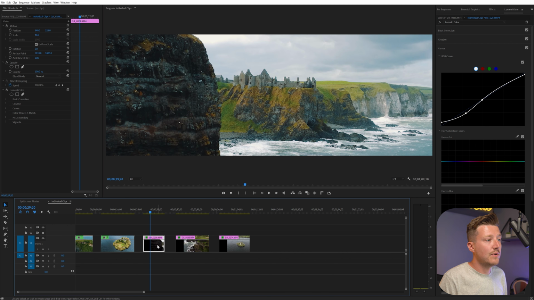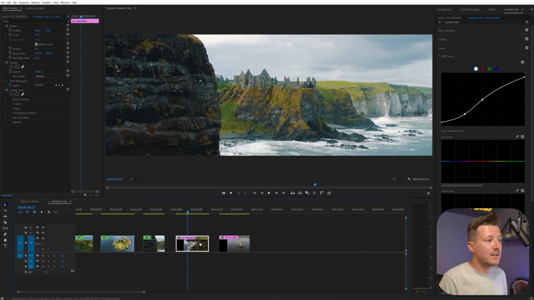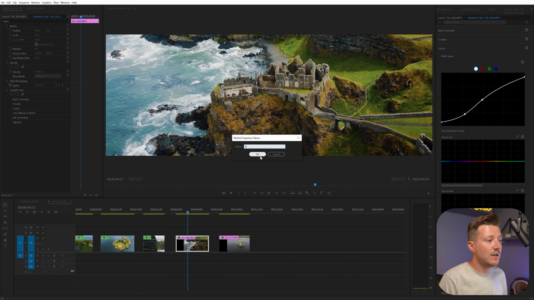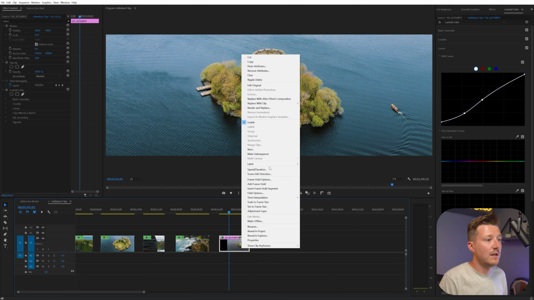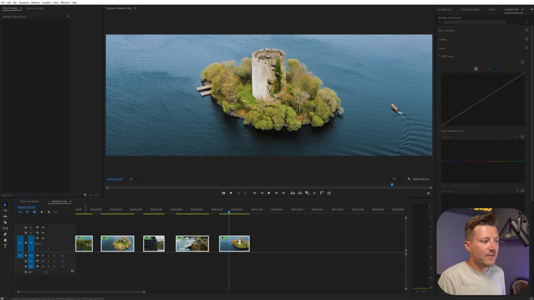For our third clip, I'm going to right click, I'm going to press 3. For our fourth clip, I'm going to right click and press 4. And for our last clip, I'm going to call it 5. Okay, so now we have these nested, and what that's done is that's logged in the ratio for each one of these clips. So now what we want to do is drag across all 5 of them,